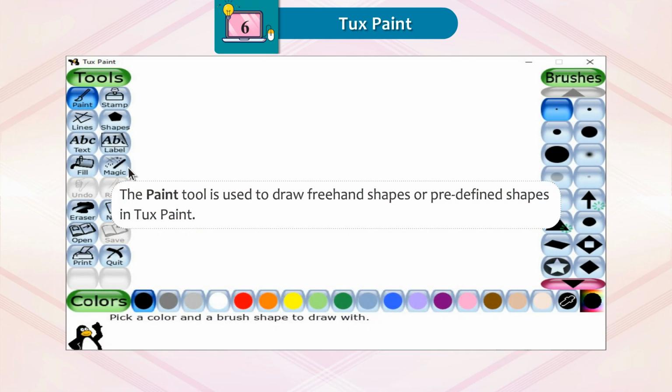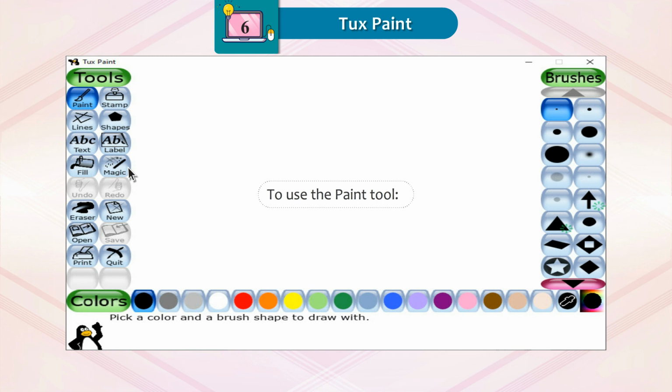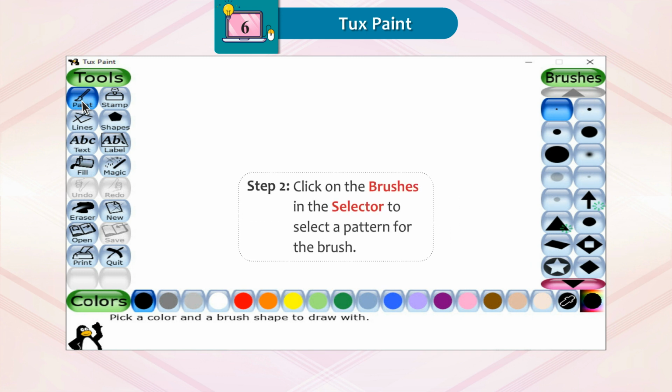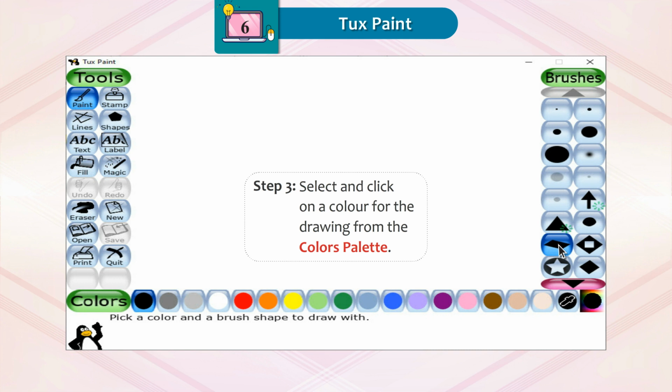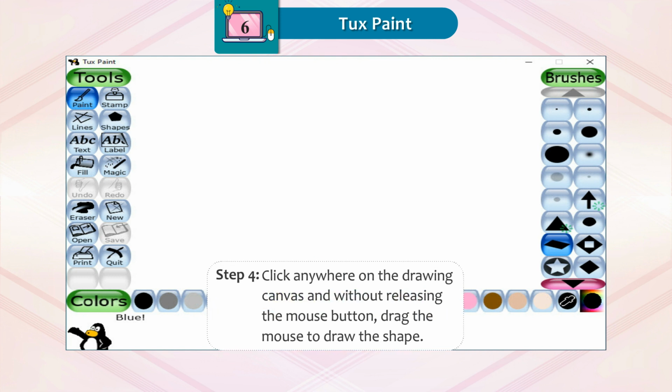Paint tool. The paint tool is used to draw freehand shapes or predefined shapes in Tux Paint. To use the paint tool, Step 1. Click on the paint tool. Step 2. Click on the brushes in the selector to select a pattern for the brush. Step 3. Select and click on a color for the drawing from the colors palette. Step 4. Click anywhere on the drawing canvas and without releasing the mouse button, drag the mouse to draw the